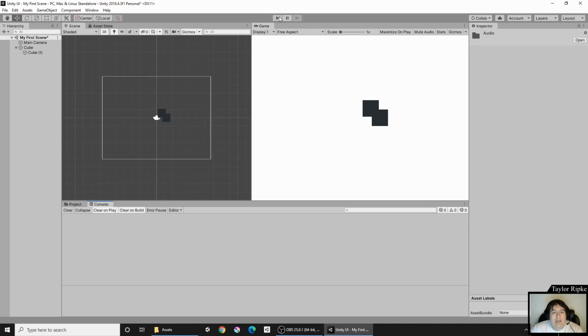You're going to click the play button. Now the play button is used to run the application, and in this case it's blue because we don't have any errors with it. If we did have an error, it would say please resolve all errors before entering into play mode in a text box right here. And then you would click to the console, and the console is going to show you